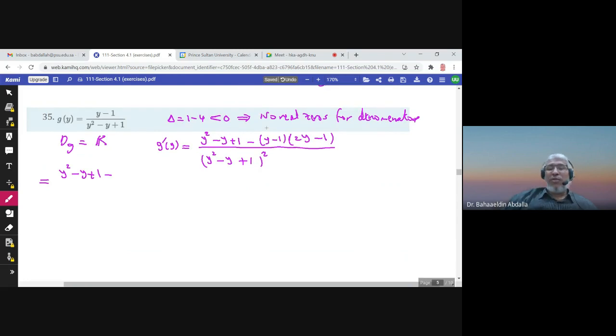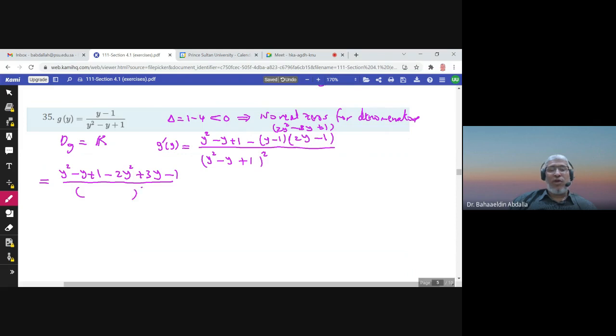Let me multiply these. What would we have here? Y times 2y is 2y squared. Minus 2y minus y is minus 3y. And minus y times minus 1 is a plus 1. Now there is a minus sign outside. So I will have minus 2y squared plus 3y, and minus times plus 1 is minus 1 over all of this square,